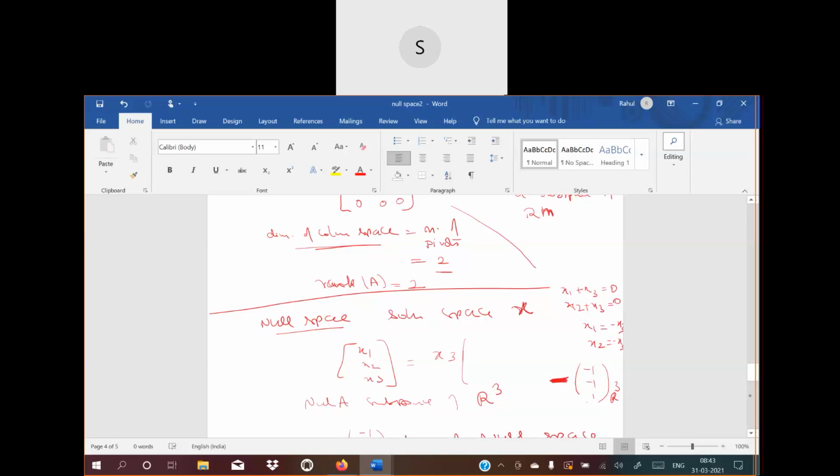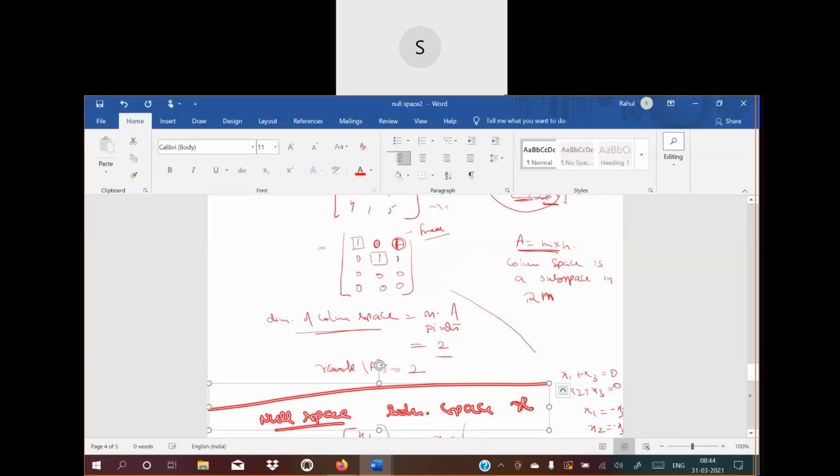Right, last time I did a question. What is that question? Have you seen my last lecture? There I was writing this: when you reduce this into this form, how we can write the solution x1, x2, x3 in terms of free variables. Have you understood that? Yes, ma'am. I had one example, just one minute.